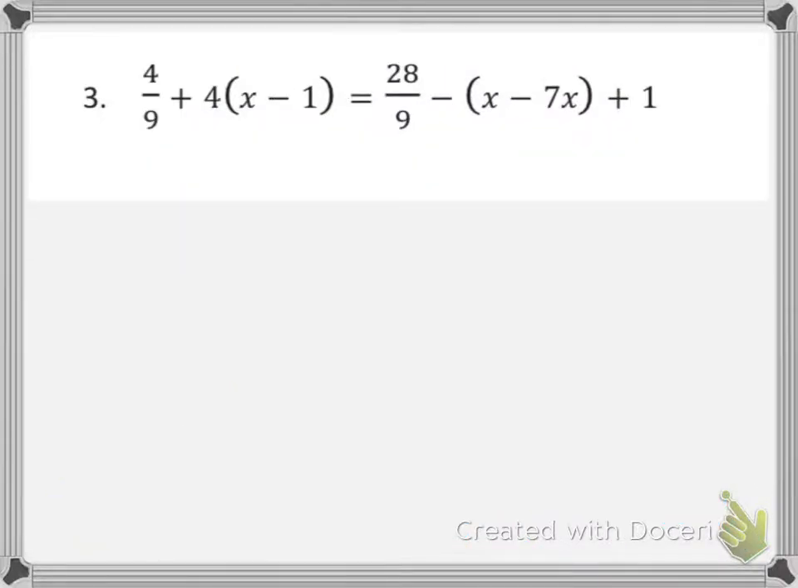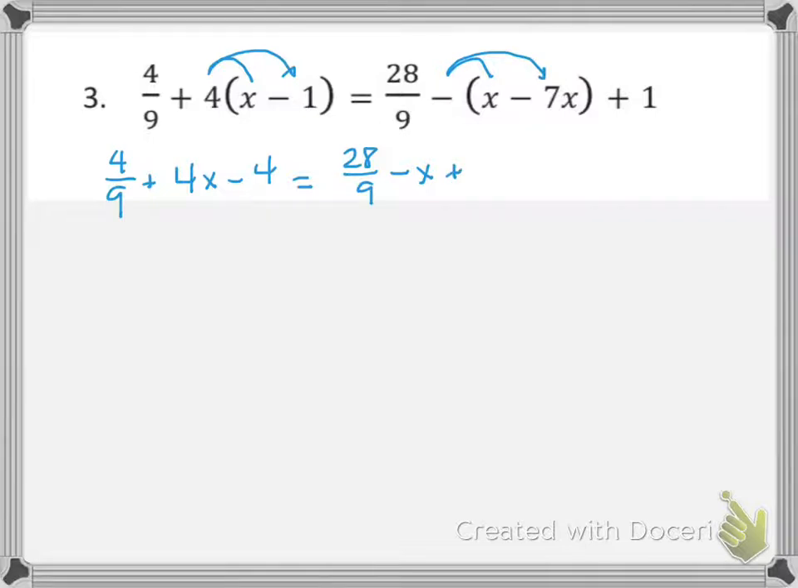Number 3, more distributive property. Okay, so I'm going to do this. So I get 4 ninths plus 4 times x is 4x. And then 4 times negative 1 is a negative 4. So that's that. On the right side, I have 28 ninths. Negative 1 times x is a negative x, and a negative 1 times negative 7x is a positive 7x, and then plus 1. All right, so combining like terms,